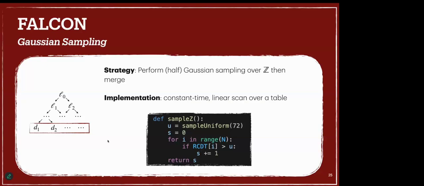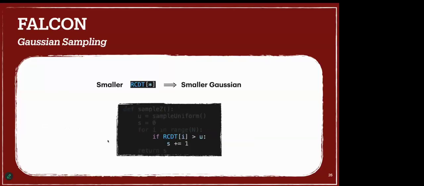And each time an element of the RCDT is larger than our uniform sample, we're going to increment our counter by 1, and we're going to return the final counter. So assuming that the RCDT table has been filled up with the right values, this will give us a half Gaussian over the integers. So one observation we had is that if you have smaller entries in the RCDT, then the final result will be smaller, and so we'll have a smaller Gaussian, or at least a smaller distribution with